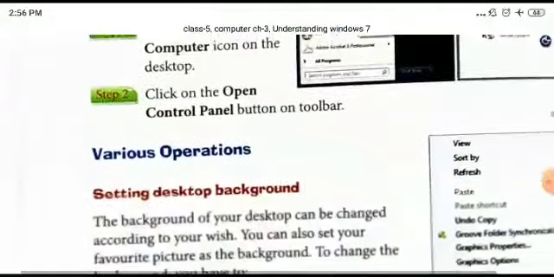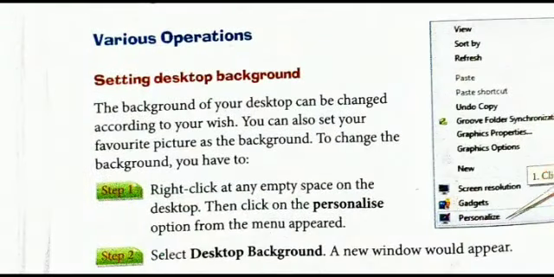So first is setting background. Setting desktop background means if you want to change the picture of your desktop background, you can use this option to change your desktop background. You can use your picture or any predefined picture from the gallery of Windows operating system.